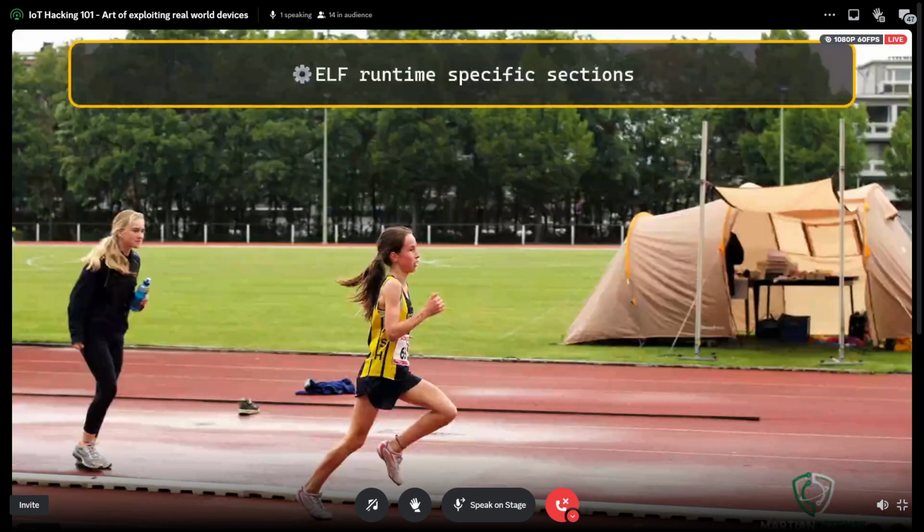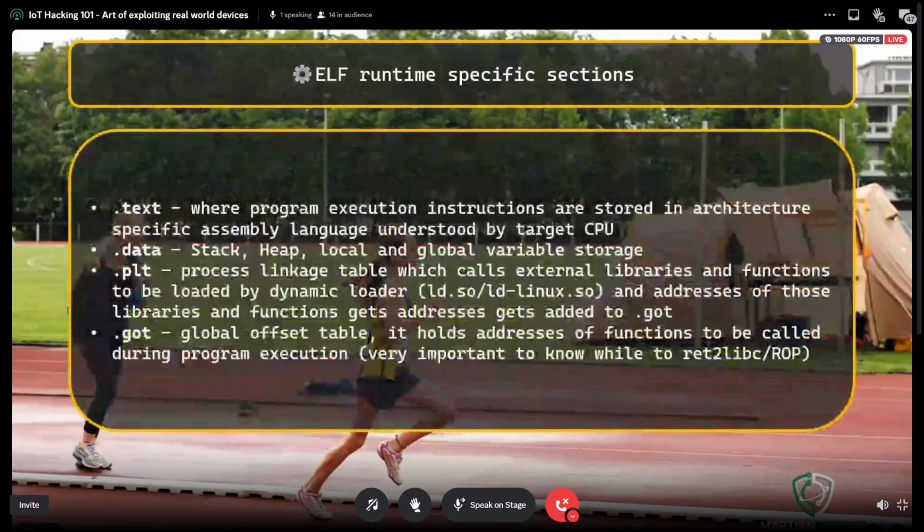So we are gonna look into the ELF runtime specific sections. We are gonna look at some of the basics, how they work together. So we have text, data, procedure linkage table, and global offset table, and why we target those things. Text has all of the CPU instructions in it.